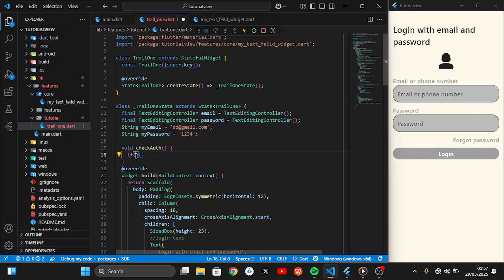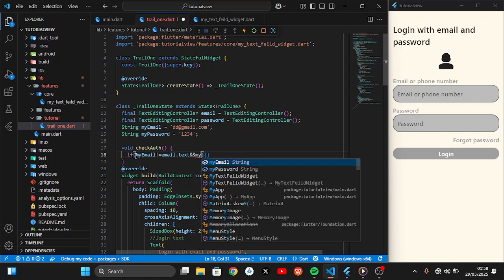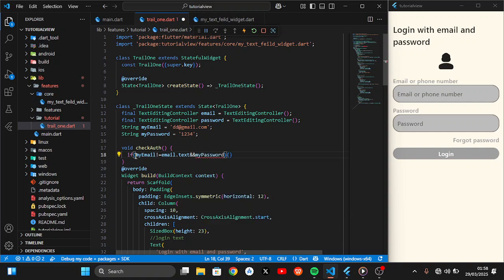If my password is not equal to the email controller's text, basically wherever the email is, converted to text, and my password is not equal to the password controller's text,